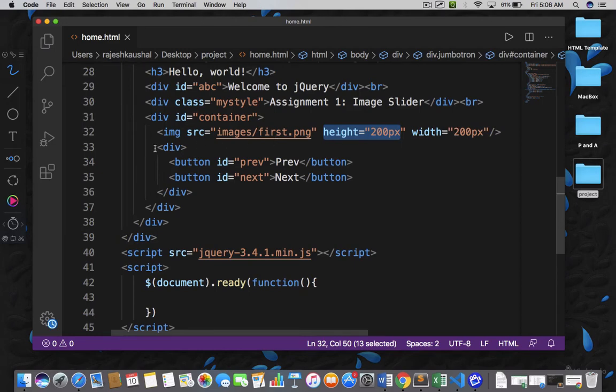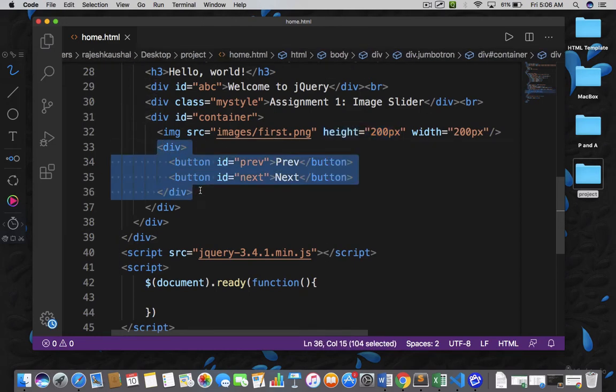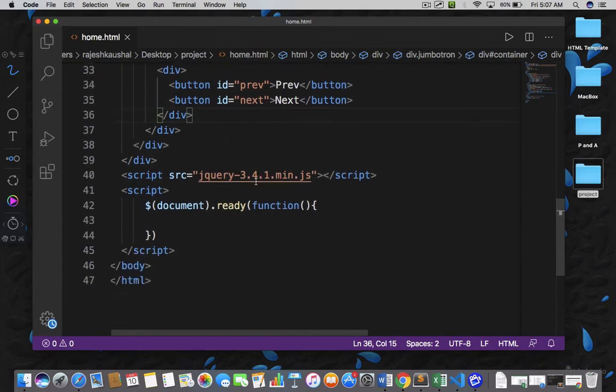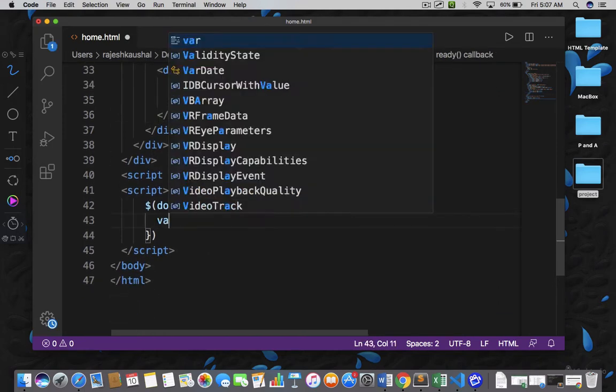And then I opened a new section for next and previous button. The ID of the previous button would be previous, and the ID of the next button would be next. And then we need to write a code for next and previous button. Writing the code in a ready function. So first we need to write down